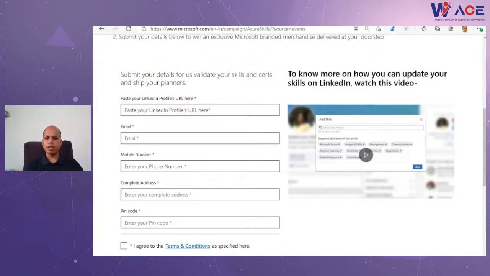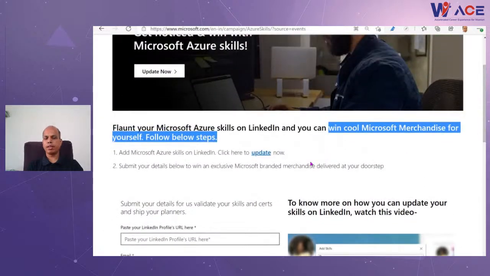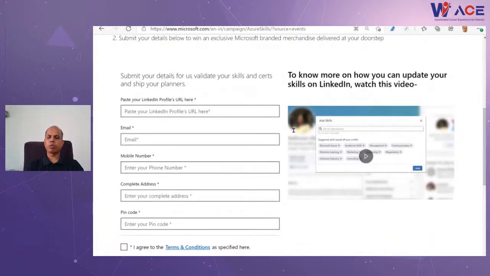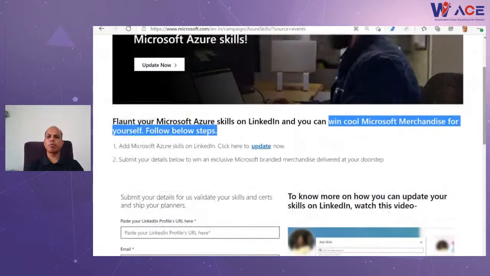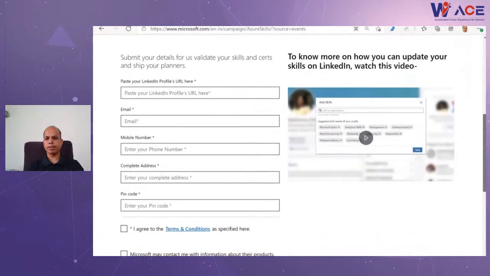Once you are done, log into this particular URL, come and update your LinkedIn skills by using this update button. Once this is done, you have to fill up this form so that you will be qualified to get Microsoft merchandise, and the Microsoft team will reach out to those who are qualified.